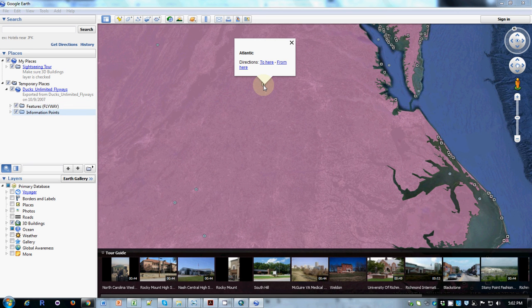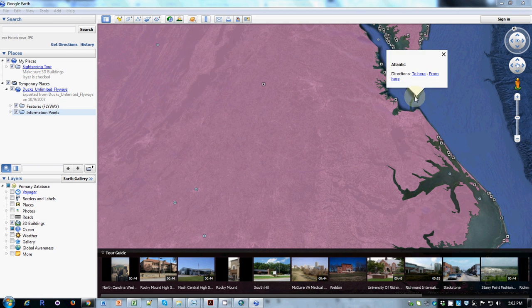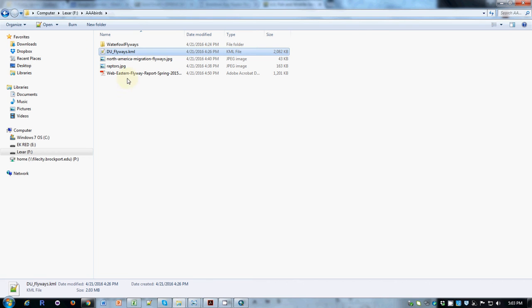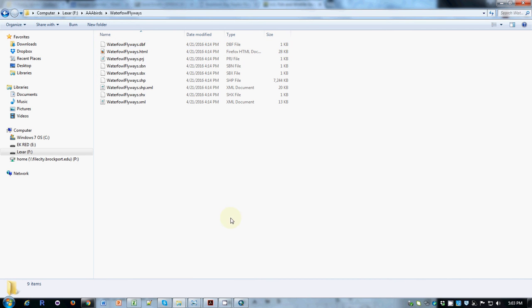So with that information, I move onward. Once again, it just tells me that each of these dots are also just identified as various flyways. So a big disappointment. I thought momentarily maybe that if I went to a more traditional GIS format, a non-web based one, and did a conversion, I might do better. And so here is another version of waterfowl flyways, which is the best I could find for migratory birds. And we discover that there's a fairly large shapefile,